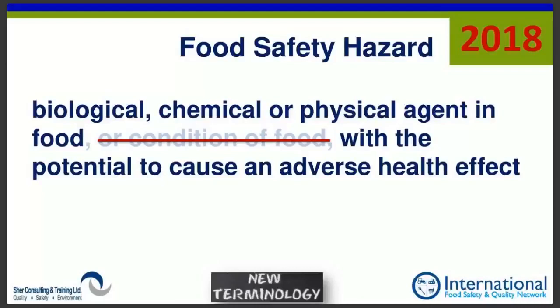And if you do that according to the requirement of the standard, even if you don't have a food safety management system, it doesn't matter, even if it's not a food company, well, then I would ask them, have you not identified the lack of or the absence of it as one of your hazards, and I'd attack it through that item, not through the HACCP. But that's my recommendation, is to ignore this change and to continue to understand that a food safety hazard is anything, including condition of food, which will cause an adverse health effect.